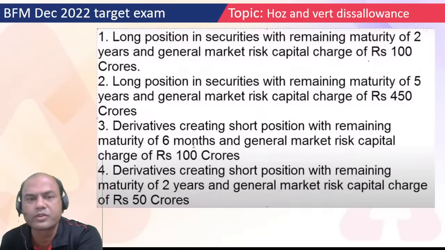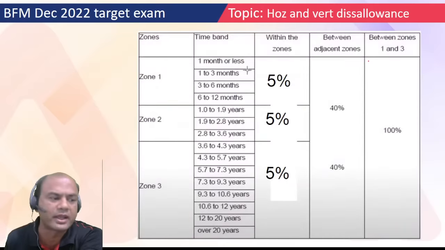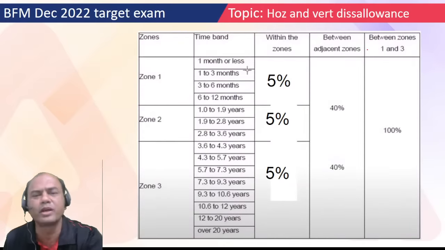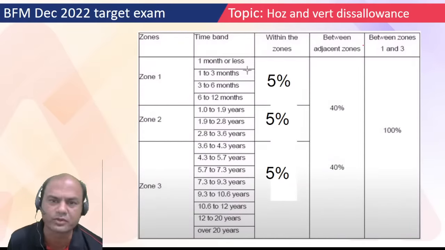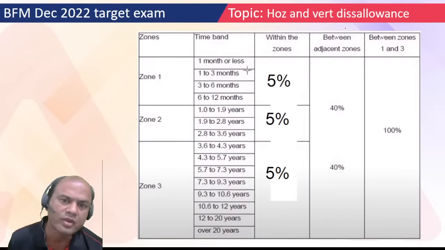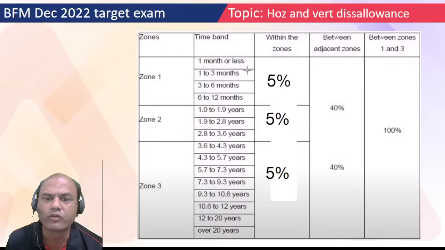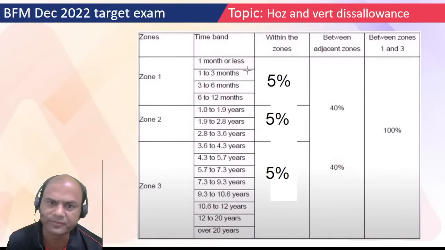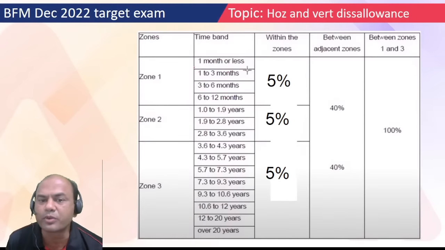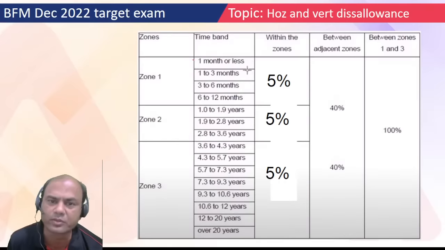What are the bonds which we generally face in the banking system? You generally hear about those bonds. Those bonds are generally 1 month or less, then 1 month to 3 months, 3 months to 6 months, 6 months to 12 months. These are the general bonds which we see. Now what are these bonds called? Let me get the answer from you guys now.